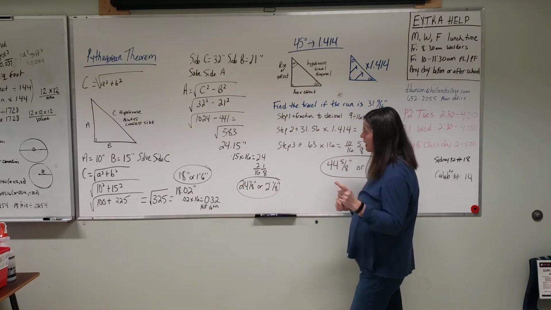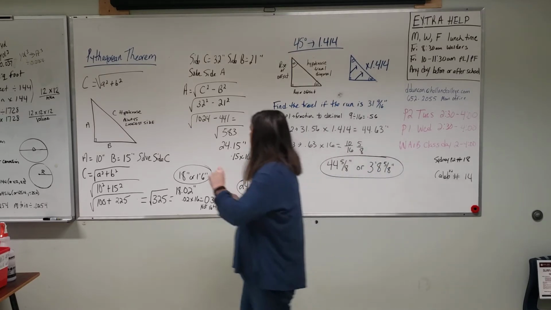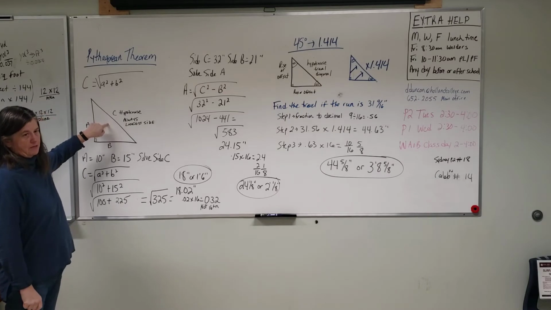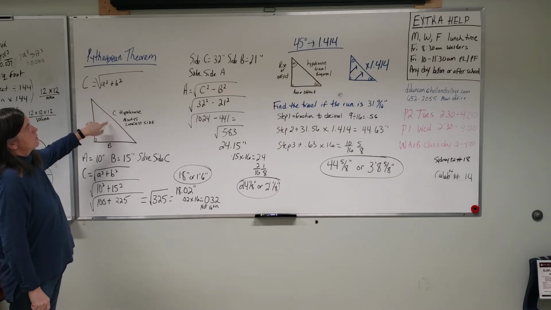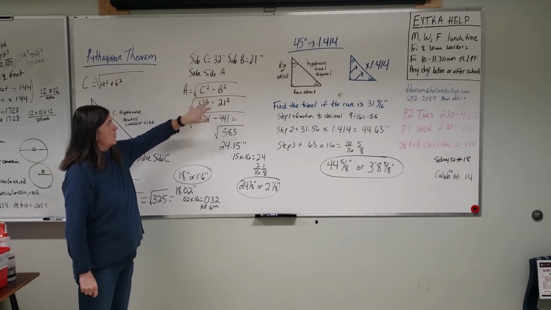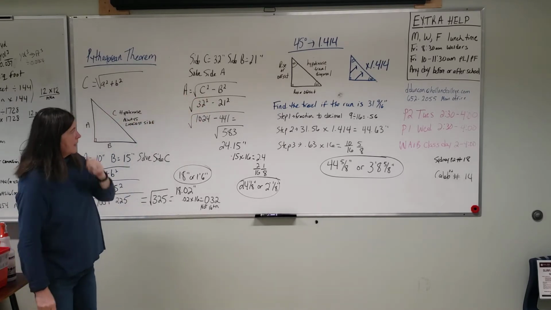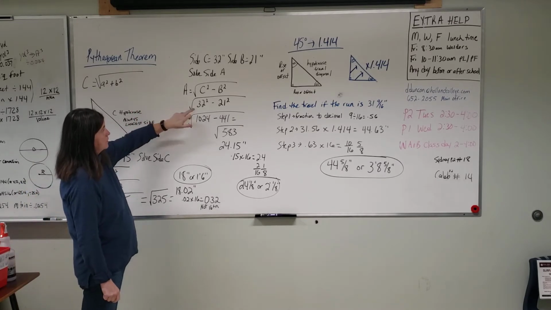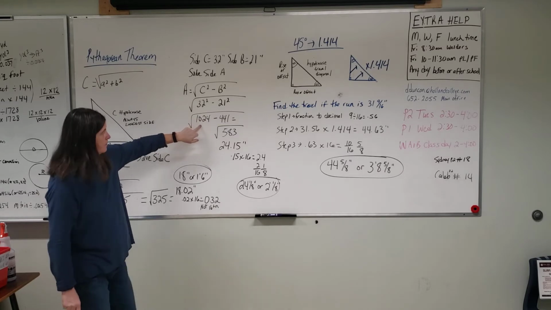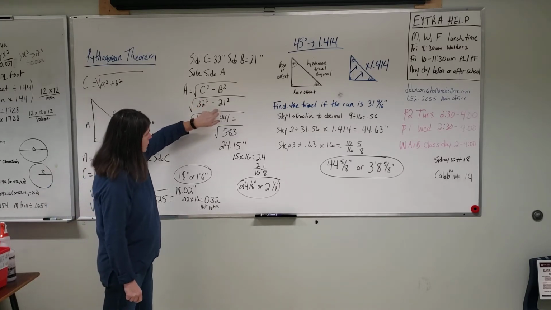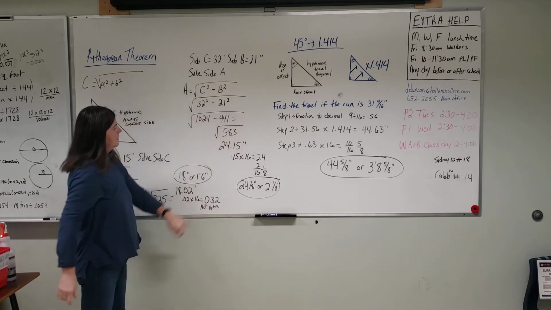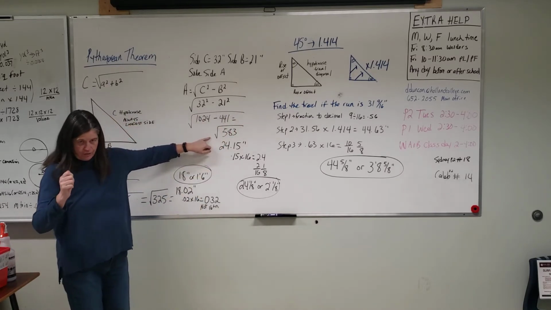Now, sometimes when we're having fun with this, we'll be given side C. We'll be given the longest side. Okay? No problem. When we're given the longest side, we do c squared minus b squared, then shift and square root. Okay? So we know side C here is 32. 32 squared, 32 times 32, is where this number comes from. Side B is 21. 21 times 21 is 441. We're going to subtract them. We get 583, shift and square root,